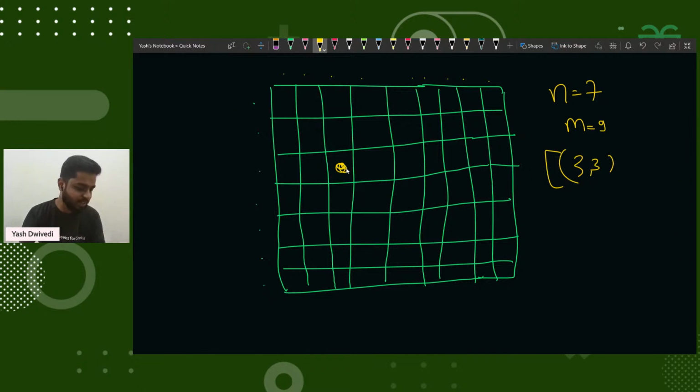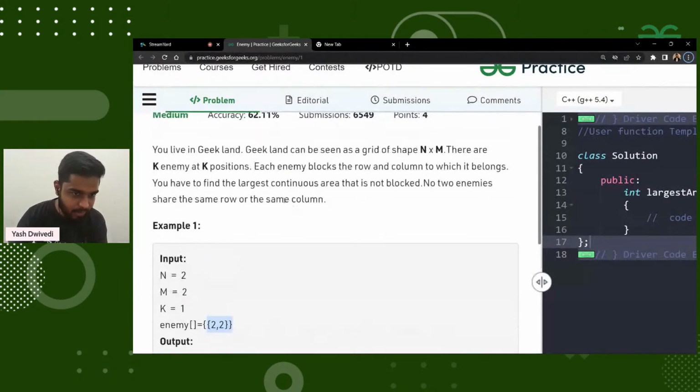Is it clear to everyone? If at this particular cell there is an enemy present, so if at a particular row and column there is an enemy present, then that enemy is present in that particular cell. So if that enemy is present in that particular cell, then what will happen? That enemy is present. Now block